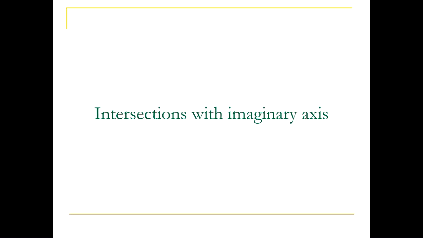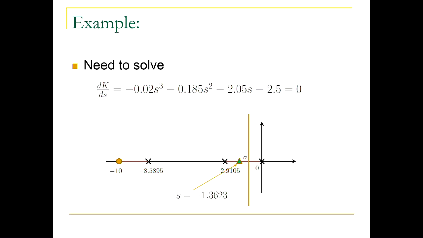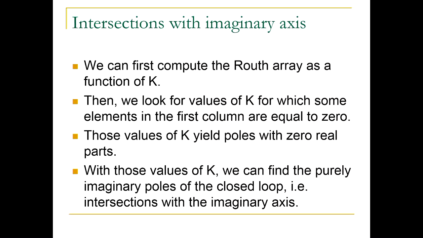All right, so the question now is, would these branches that meet here do something like this, cross the imaginary axis and then converge to the asymptotes? Or would they stay all the time in the left half plane? So I still want to check whether these two branches will be crossing the imaginary axis or not. So how do we check that? Well, using Routh-Hurwitz criteria.